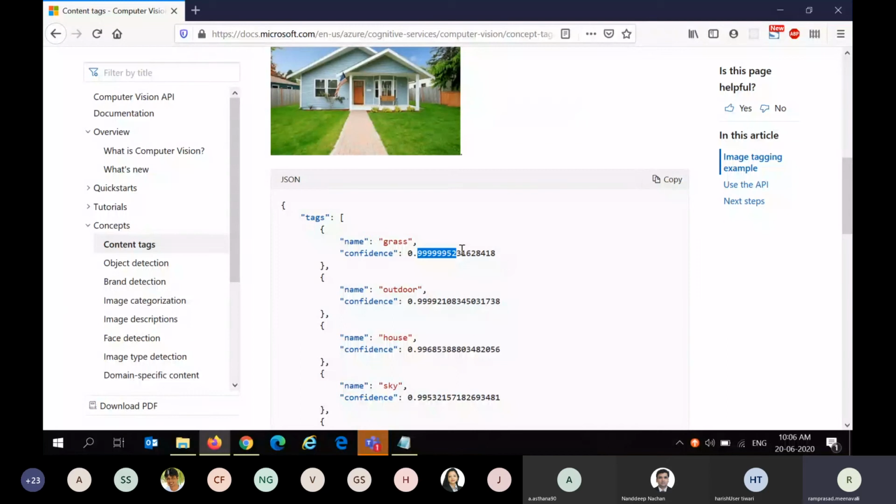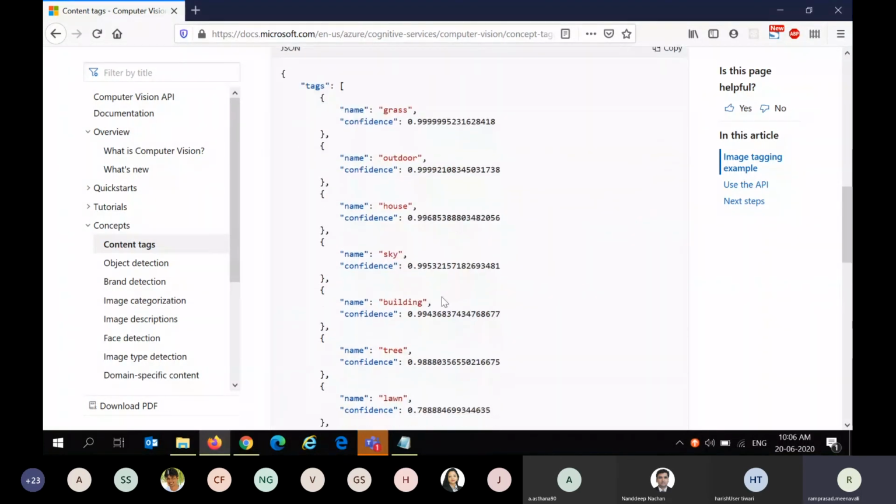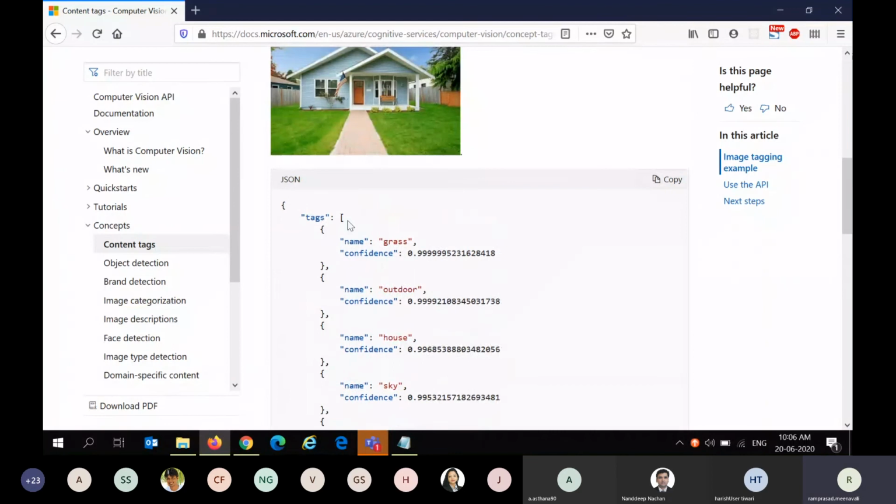In my experience, I usually go with a confidence score of at least 0.8, but then we'll get a lesser number of results. If you want more results, which need not be more accurate, then you can go with a lesser confidence score, right? So that's the importance of this parameter. And that's one concept which computer vision can do: it will identify the different tags within your image.